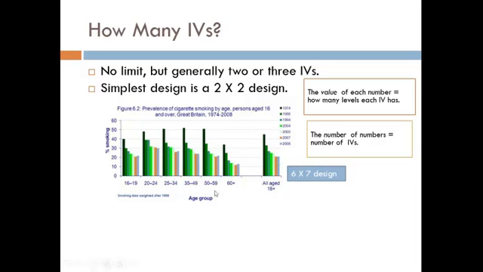Now I always like to get really concrete because it seems like it makes more sense. So with this graph, what we're seeing is we've got 2 independent variables. One of the variables is age group, and you see that there's 1, 2, 3, 4, 5, 6 levels on age group. Now on any graph, the y-axis is always going to be the dependent variable. So we don't look over here to figure out the other independent variable. We instead look over here on the legend to figure out the other independent variable. Or we could just count up the number of bars. But here's the legend. So our other independent variable has